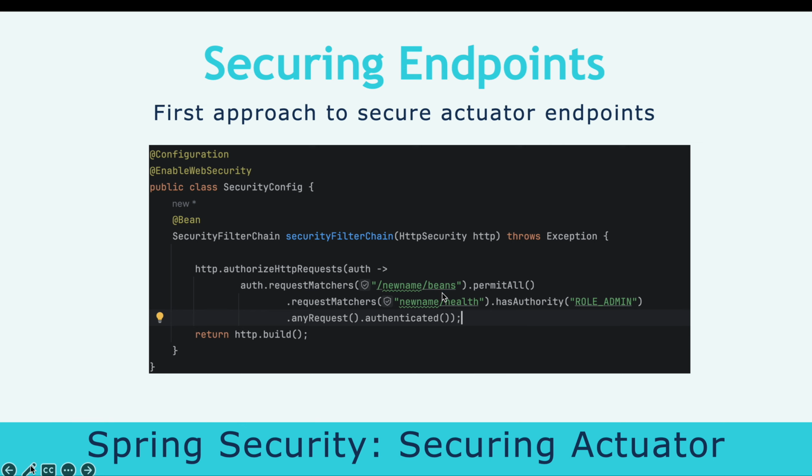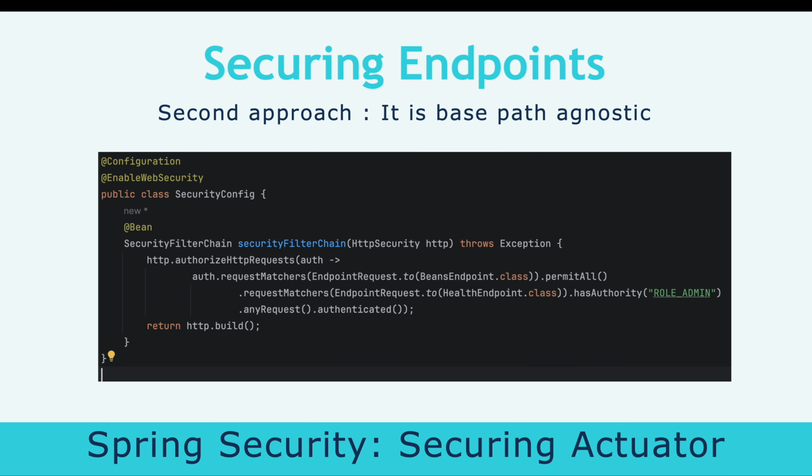it's possible that you may not want to access your beans with the beans endpoint. You can map this beans endpoint to something else that is only required by you. Even when you do that, it means you are also stuck. You have to do the changes if you use this approach. But if you use the other approach, the beans endpoint which would have been mapped to what you want will also not be affected. So that's why Spring recommends this approach of specifying the URL endpoints for our